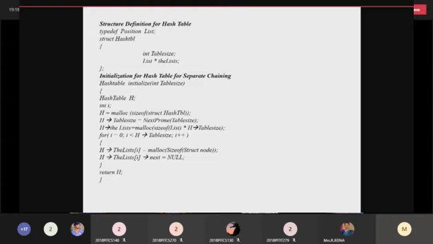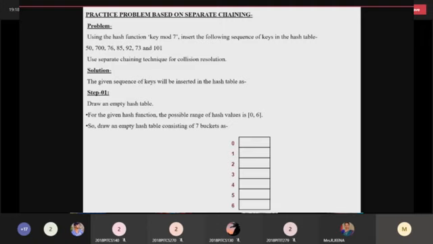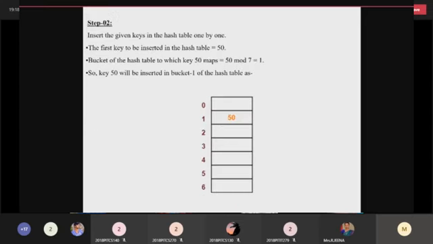Here you have the hash list, which means the array. Each array element has an address part as well as a data part. So the array index is considered as the hash list entry for each index. See the example I gave here: the index is 0 to 7. So the hash list starts at the 0th index. From the hash list, you can store as usual using the same division method: key modulo divided by table size, find the index value, and store.